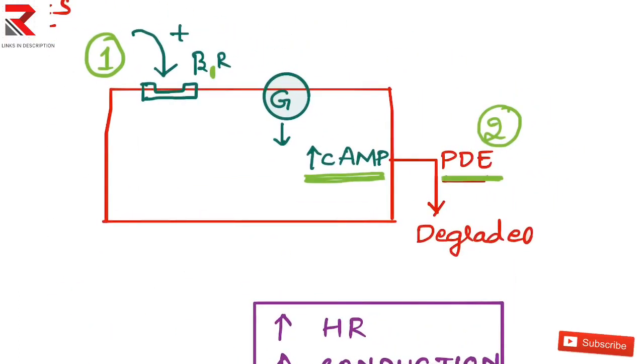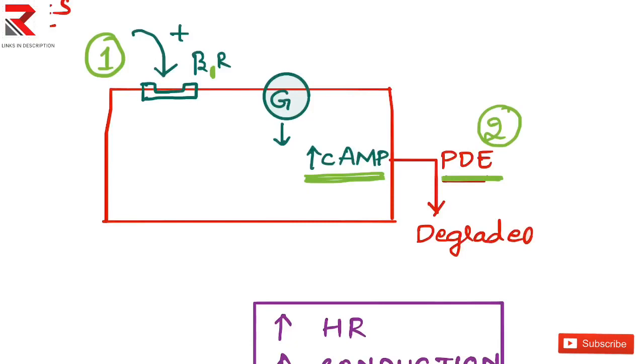Suppose this is a myocardial cell, which is taken from a heart, and the most common receptor present on the heart is the beta-1 receptor. So to increase the pumping activity, you have to stimulate the beta-1 receptor. When you stimulate, this receptor signals the G protein coupled receptor and it increases the cyclic AMP. When the cyclic AMP is increased, there is an increase of the pumping or inotropic action.